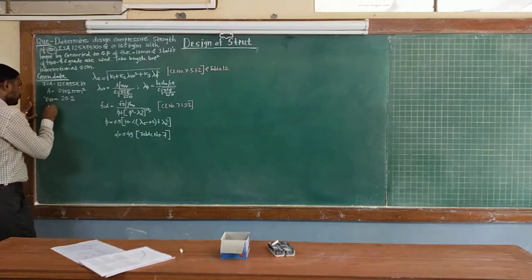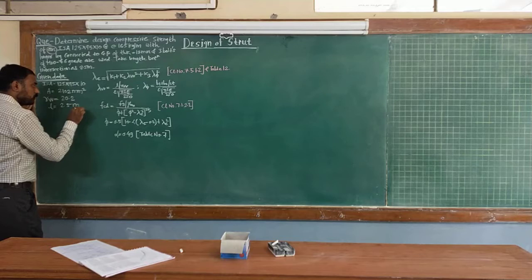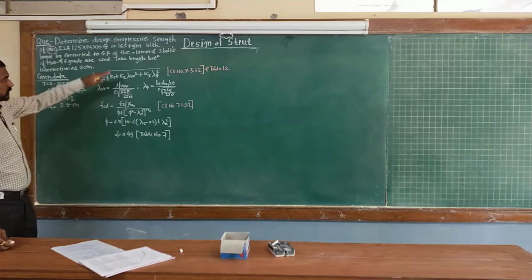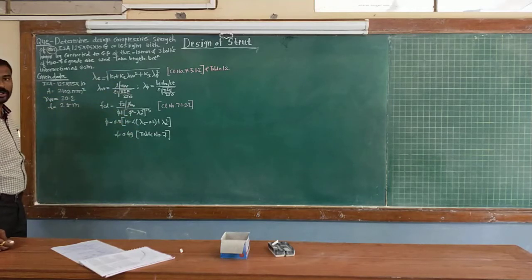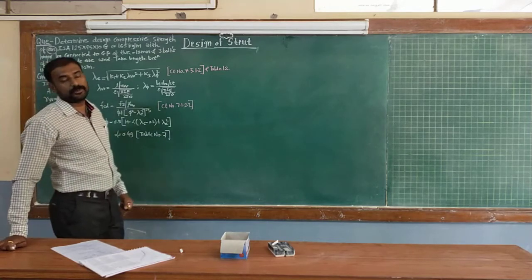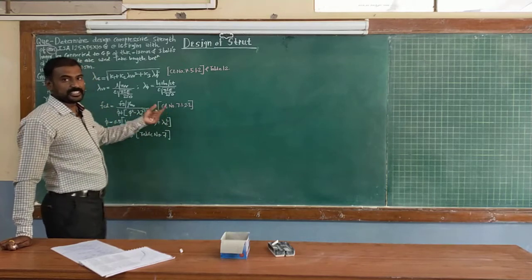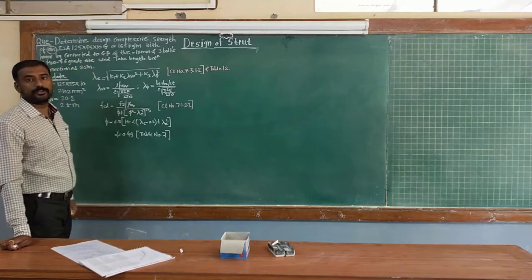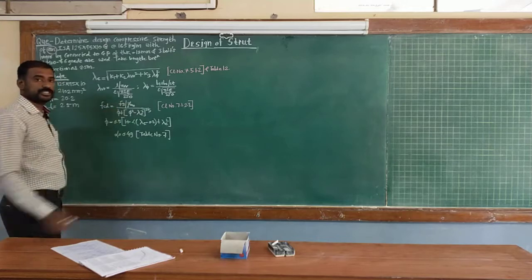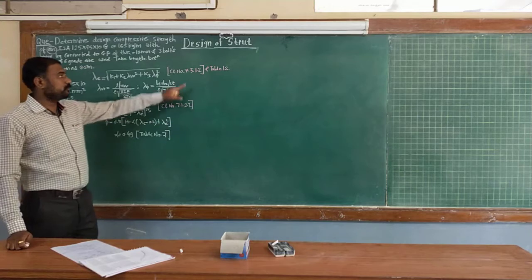Again, effective length L is equal to 2.5 meters, assuming the same distance between the intersections, correct? Now these are some of the formulas required to solve the given numerical. As your section is loaded by a single angle or connected with a single angle section, in those cases you need to calculate the lambda equivalent value. We already discussed this part in the previous video. This is according to clause number 7.5.1.2.